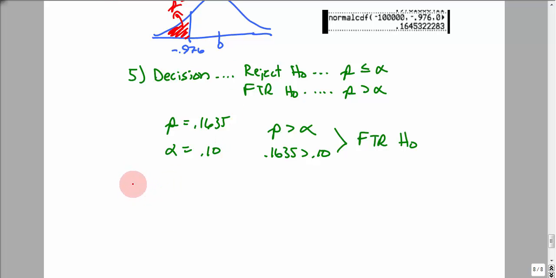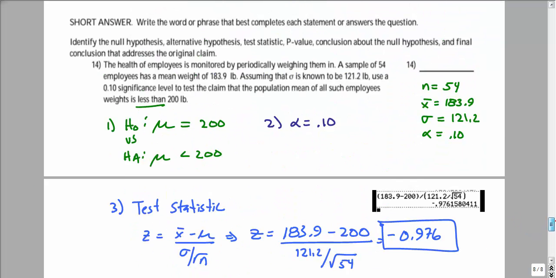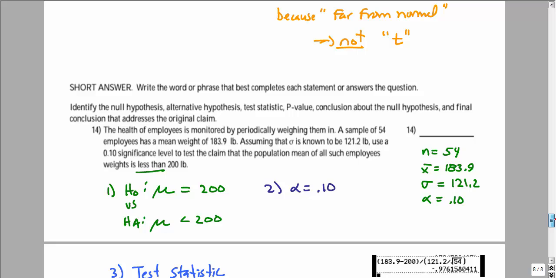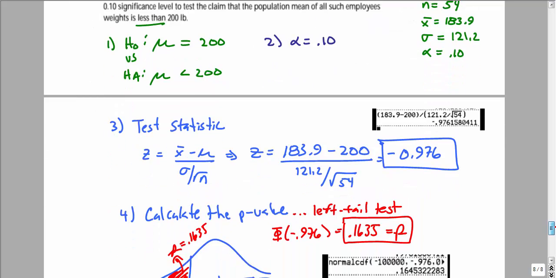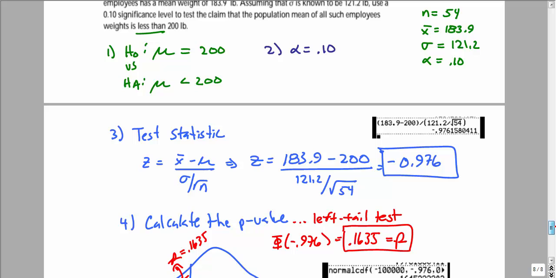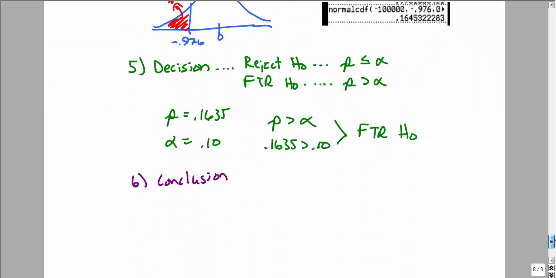Last step is to draw some sort of conclusion. Okay, I forgot what this problem was about. Let's go ahead and run back to the top and have a look. Okay, health monitors, the average weight is equal to 200 or less than 200. Well, we failed to reject H0, so that means we don't have any support for the alternative hypothesis. So we'd have to say there is not sufficient evidence, or the data does not support the conclusion